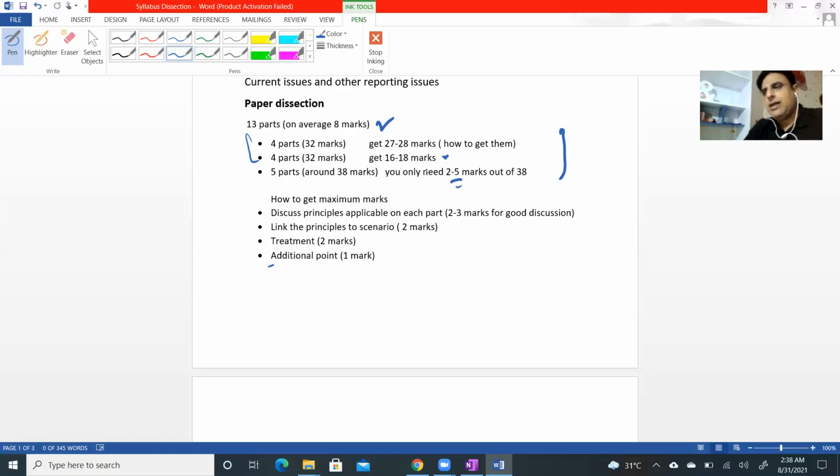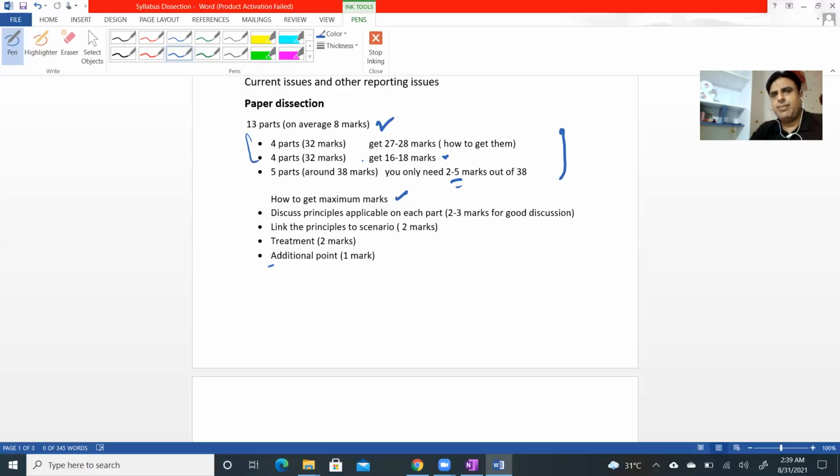Now, you will ask the question, sir, how is it possible that we can get maximum marks from any part? Listen to this point very carefully. As you know, this is the paper of strategic business reporting, relating to accounting issues and their application. Unfortunately, calculation will be of very minimal marks. You can have a maximum of 10 to 15 marks of calculation. The rest of your paper will be